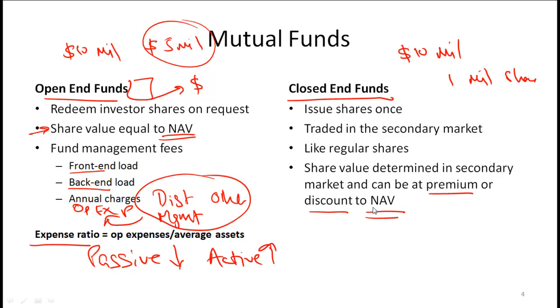However, it is also possible that investors don't have a high opinion of the fund manager, in which case the shares would trade at a discount to NAV. This means that if the NAV is 10, then the market price might be 8. And actually in Pakistan and many other countries, very often we find that closed-end funds trade at a discount relative to NAV. We do not need to get into the reasons for that.